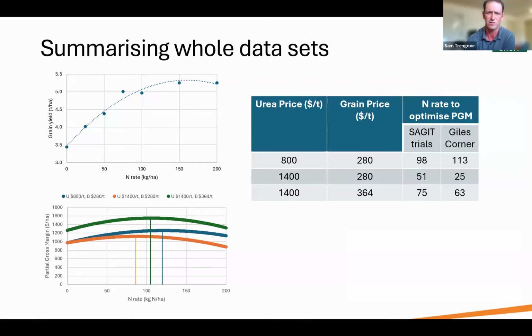So just to summarise, this one trial I've just run through, as I said, was one of 28 trials. In that group of 28 trials, there are 11 trials that didn't respond to N. So in those examples where they're unresponsive to N, the price of the N doesn't really change the economics, or only makes them less economic, regardless of the N price. And if we can identify those sites and not put N on them, that's going to be the best decision. On the remaining 17 sites on these Saget trials,